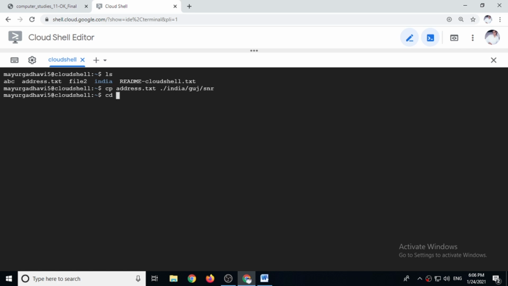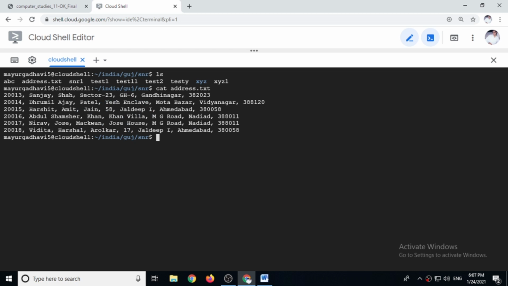So now again let's go to the India directory. cd India/Gujarat/snr. Clear. When you give the ls command, it will show you the address.txt file. Now it is available here. So you can use cat address.txt to view the file contents.